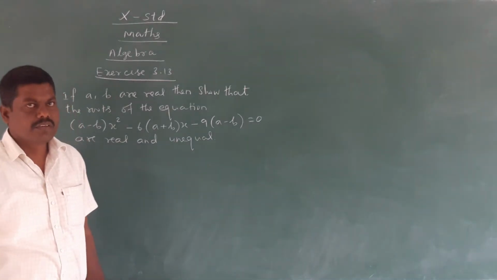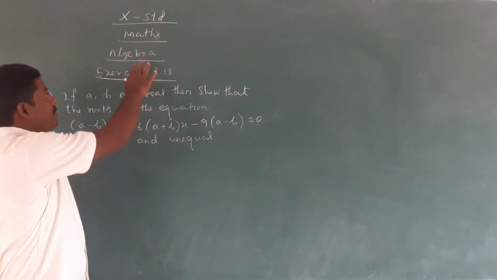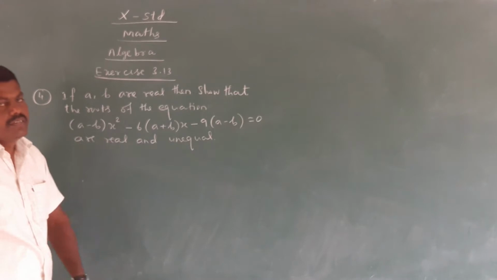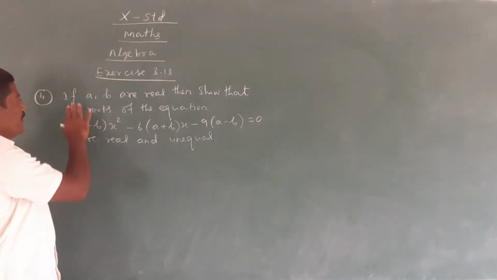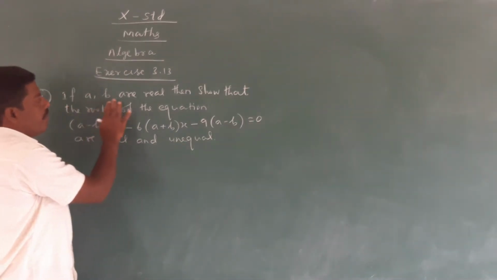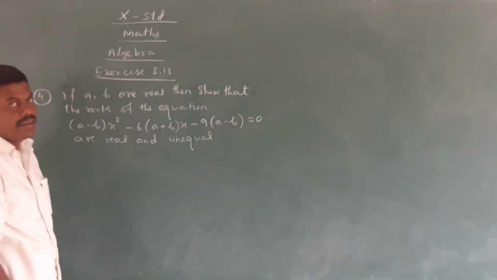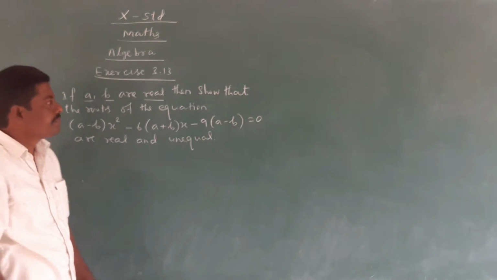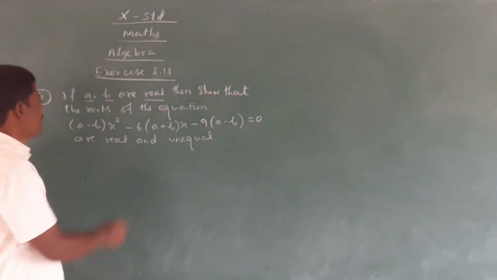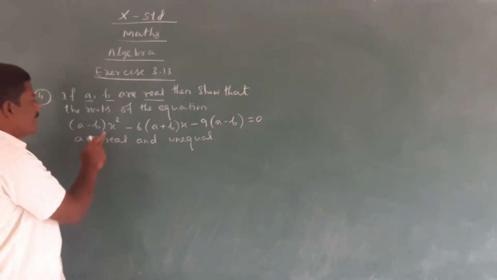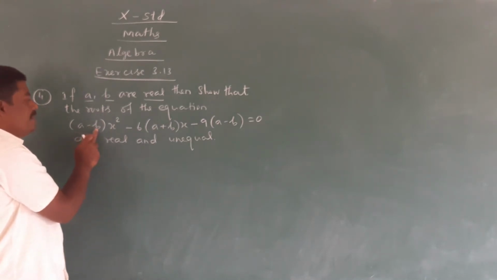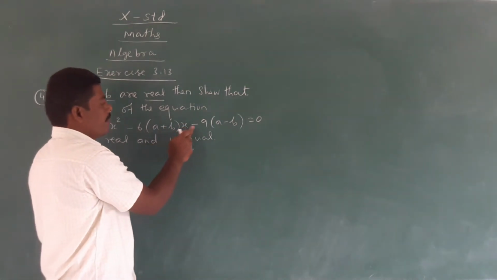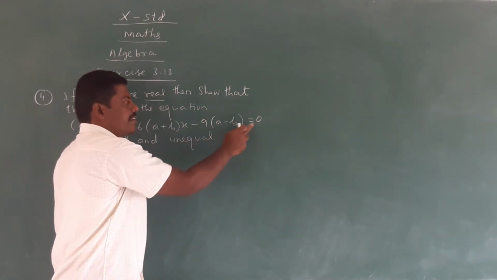Hello students, today we are going to discuss algebra exercise 3.13, fourth question. Listen carefully. If a, b are real, the values of a and b must be real numbers. Then show that the roots of the quadratic equation given, (a - b)x² - 6(a + b)x - 9(a - b) = 0,